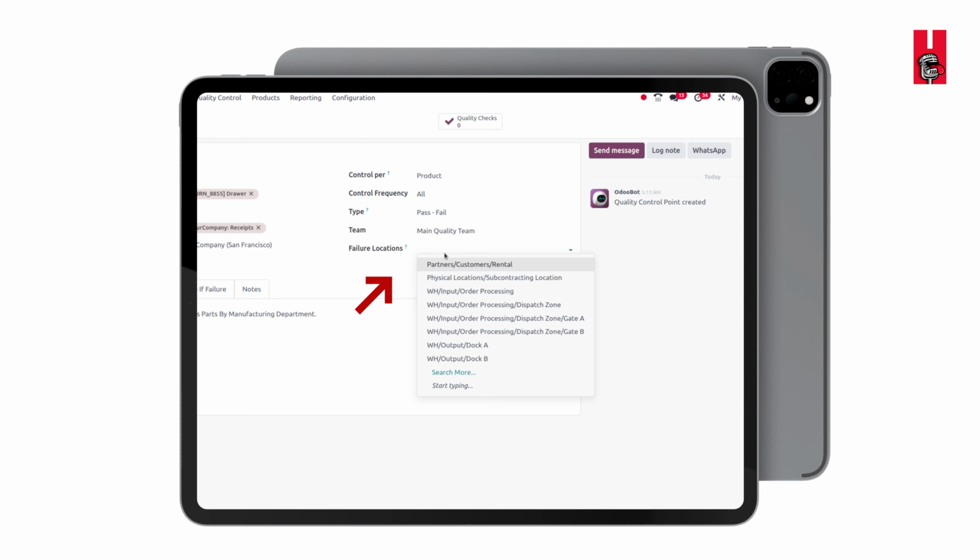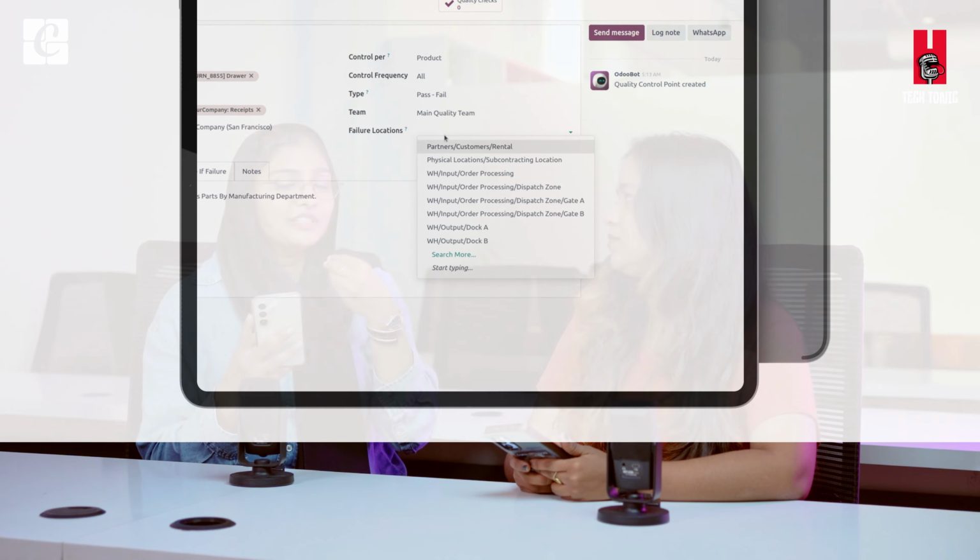So what if I don't create a failure location? What happens to the product? You can just use any of the existing locations. If you want to go with a failure, should I tell them, okay, you have to go to this place? I have to set it. Yeah, you have to set it. Actually, it's a field under which you can find all the locations that are available, and you can use the existing locations, or you can create a new location. We don't have to teach them because they know how to create it. They just need to create it from the inventory module. So you have to create a failure location and then tell your products which have failed to go to this location. Yeah, so that's the feature.